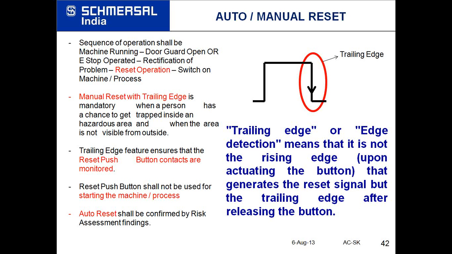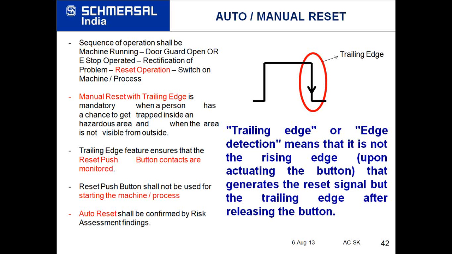But for most of the processes and most of the machines, a reset is required, and it might happen that this reset push button is faulty. If the reset push button is faulty, it may start the process automatically the moment you rectify the problem. Suppose you operate an e-stop push button, and after that you have to operate the reset push button. But since the reset push button is faulty, the moment you release the e-stop push button, the machine is ready to start. And due to another fault, the machine can start automatically, which can be further dangerous.